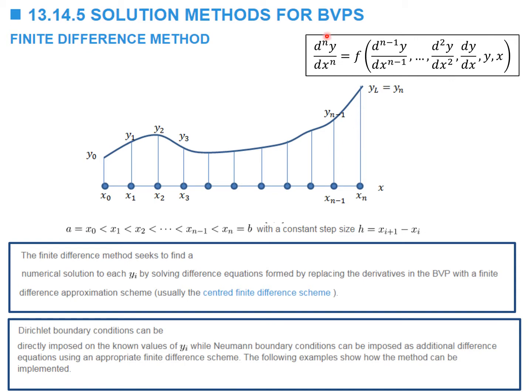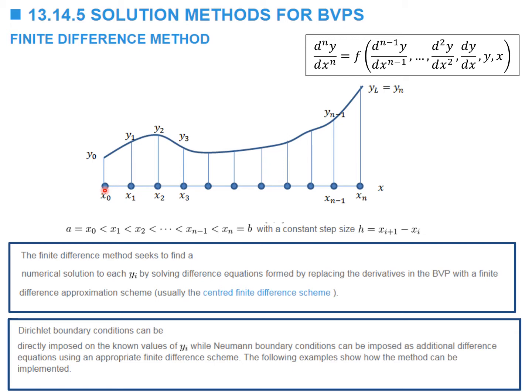The finite difference method is the second method, or the main method that we're going to study in this course. So given a boundary value problem described by this differential equation, the nth derivative of y with respect to x to the power n, given as a function, and we're trying to find the value of y, usually this function is applicable on a particular domain. Let's assume that this domain is from x0 to xn,